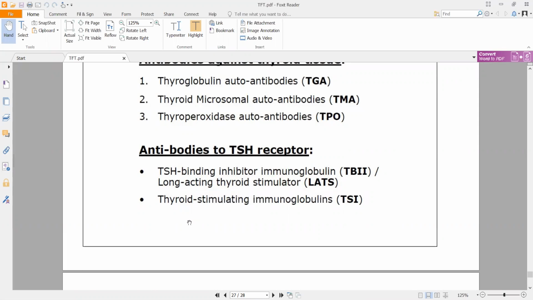Basically, imagine this as fake attendance. Let's suppose there are two people, person A and person B. Person A came to the class, person B did not. Person C puts on a mask so that he looks the same as person B, and acts like person B, giving person B attendance. The same thing is happening here. The antibody will mimic the function of TSH. That antibody will act like TSH. It will bind to the TSH receptor and cause stimulation and formation of thyroid hormones. That is antibody-related hyperthyroidism.